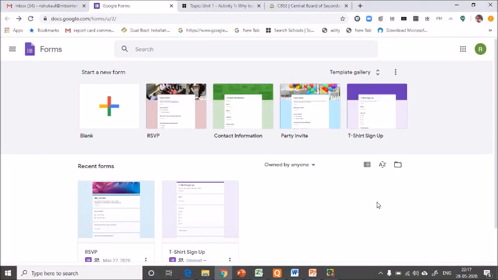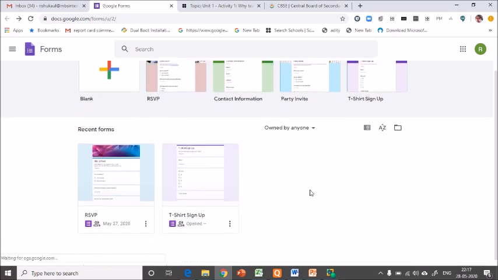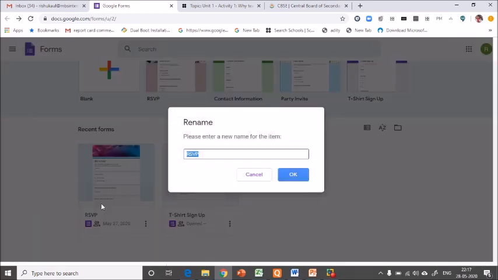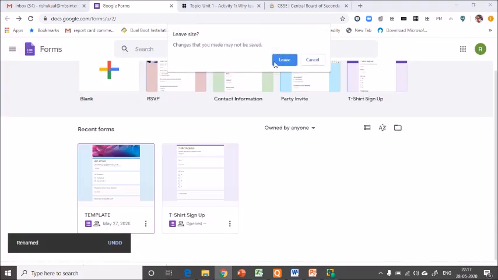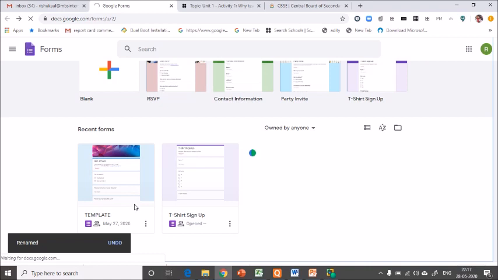So let's get started. Okay, so I have opened Google Forms here. Now if you see, for example, I have created, let me just rename this form, and I want to use this as a template. I want to give some instructions and subheading so that it remains the same for all my assessments.